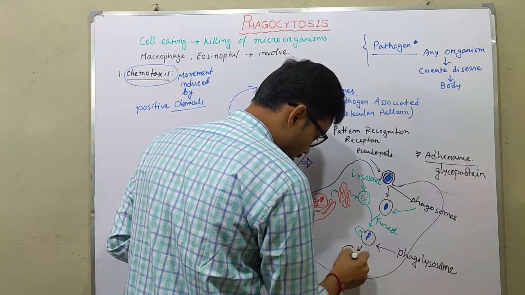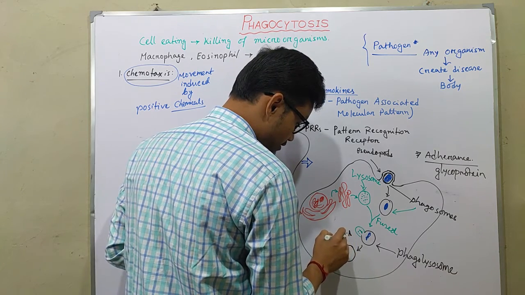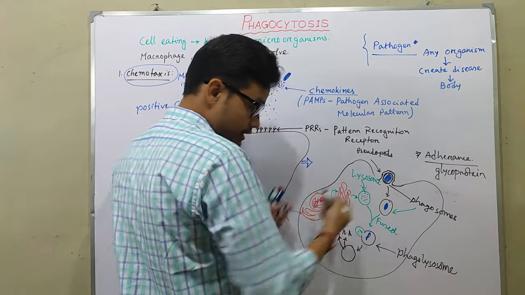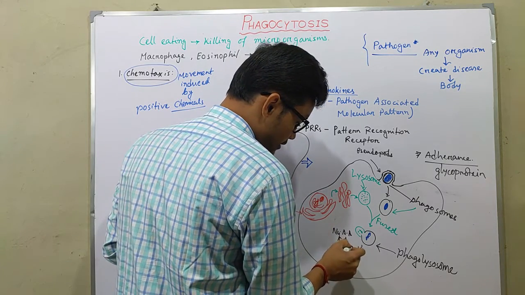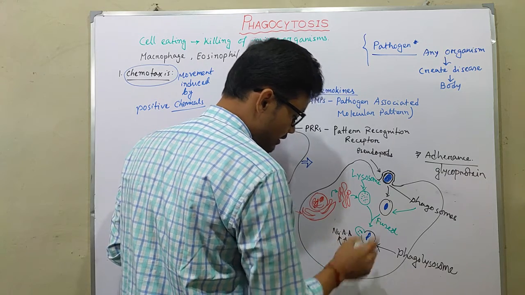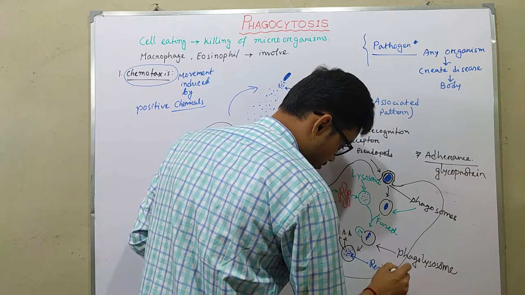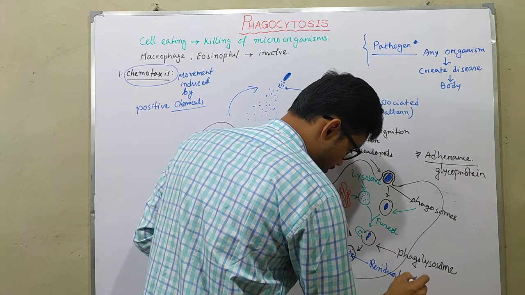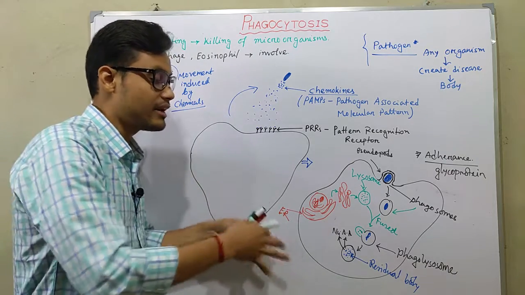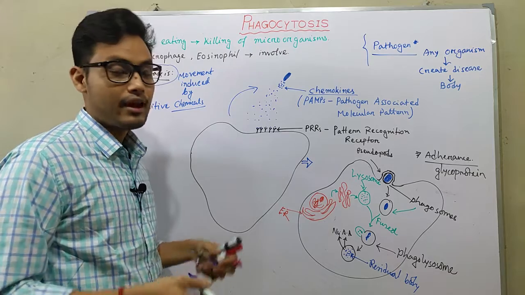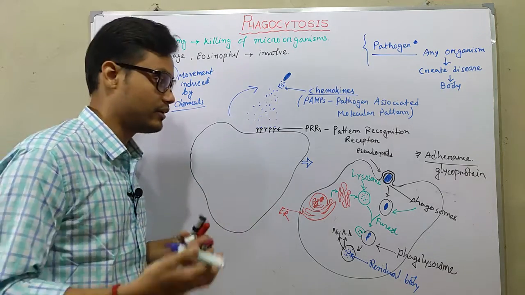After that a vesicle is produced, amino acids and nutrients are absorbed in the cell, and what is residue in here is called the residual body. So after digestion takes place, the residual bodies remain inside of that particular vesicle. Okay, and now the residual bodies are exocytosed from the cell.